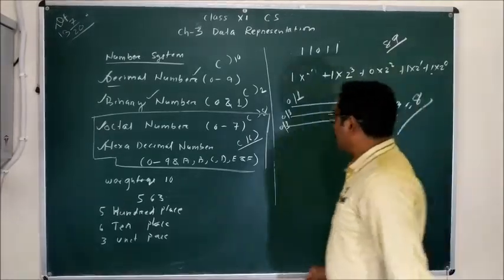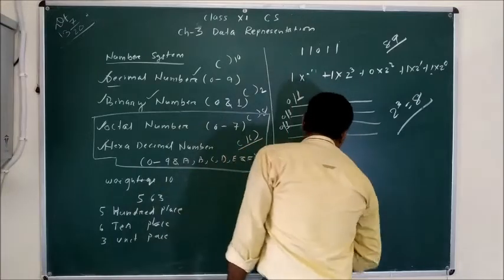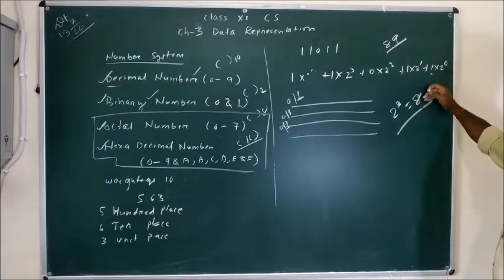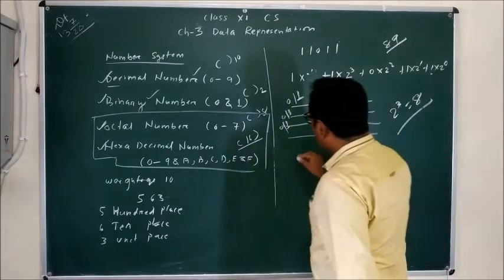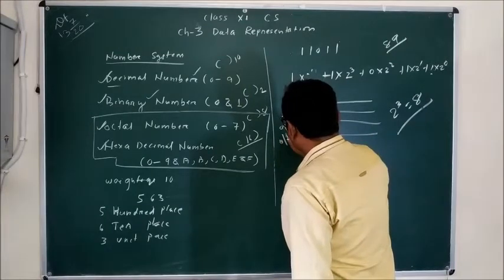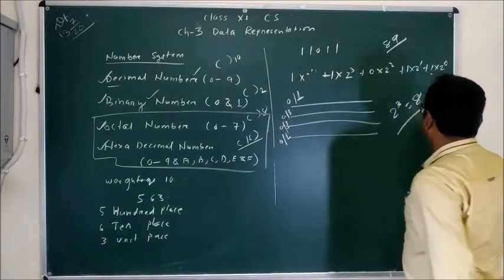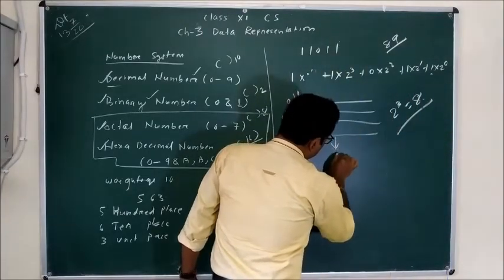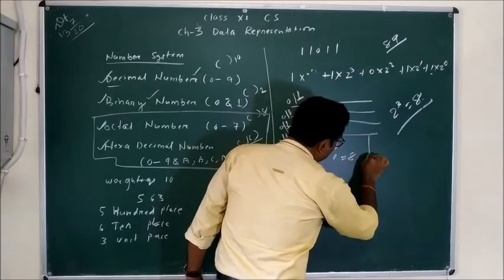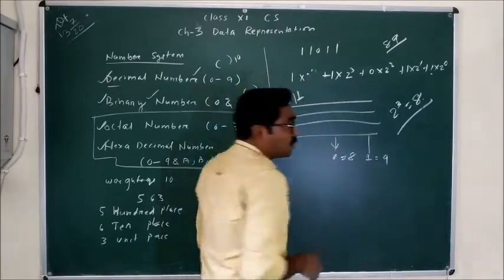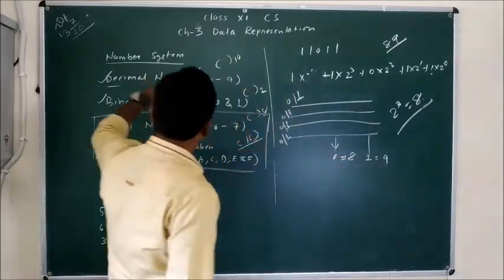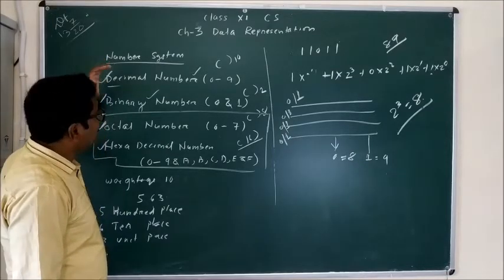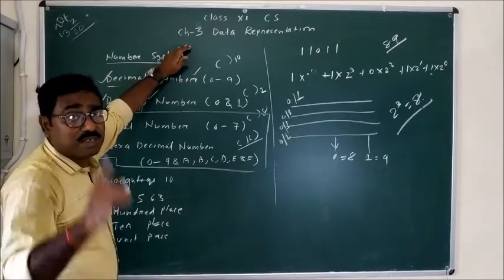So what happened? Another temporary wire was used. Now we have 4 wires, and along with the other three, this temporary wire passes either 0 or 1. If it is 0, it represents 8, and if it is 1, it represents 9. So now we have a whole number system, the decimal number system, in which we have the complete 0 to 9 digits, but still there is a problem.